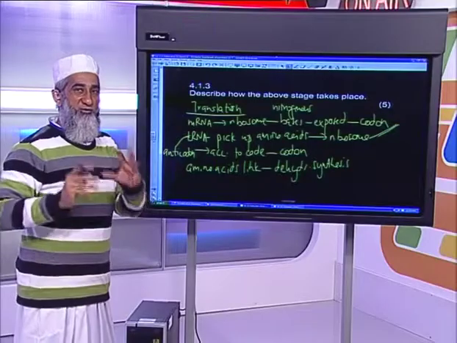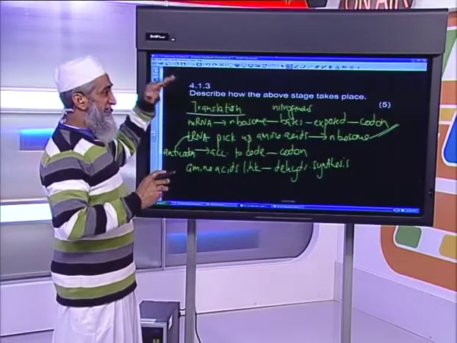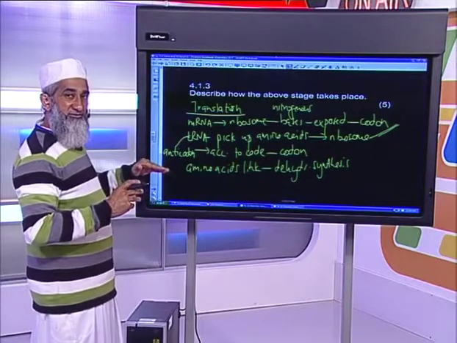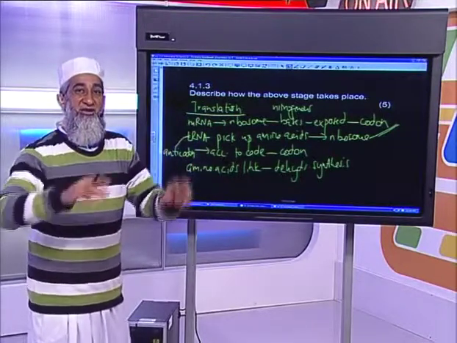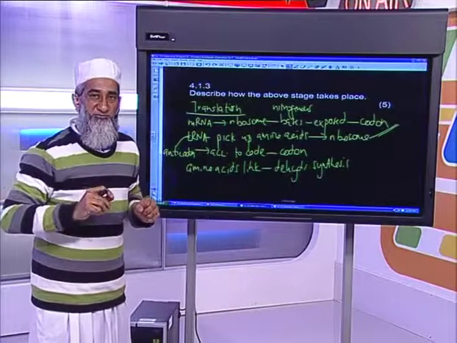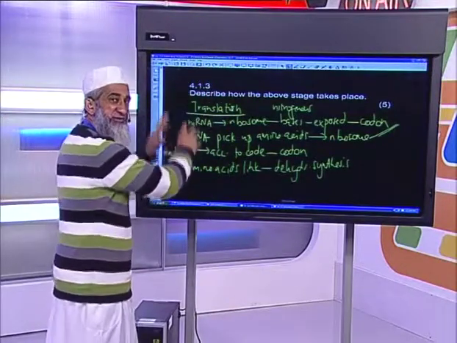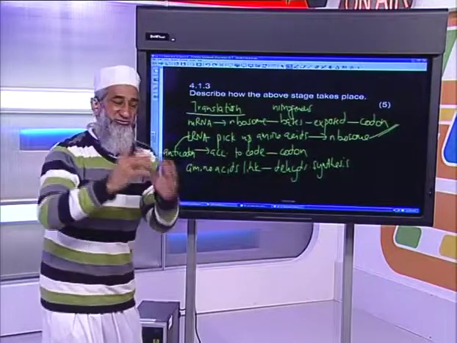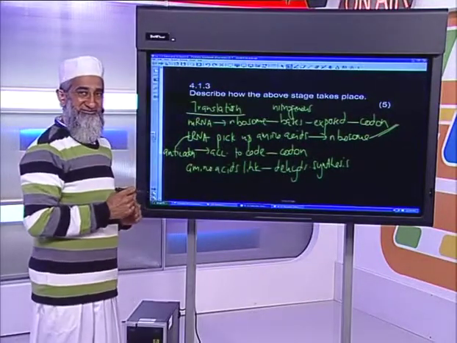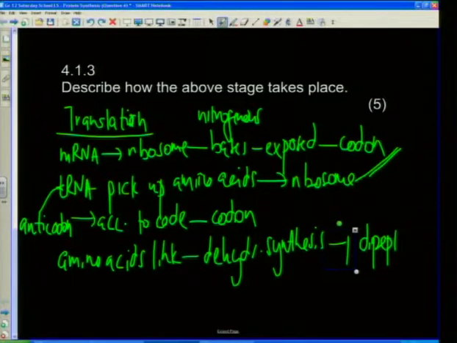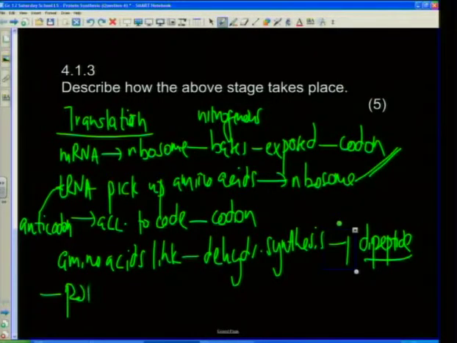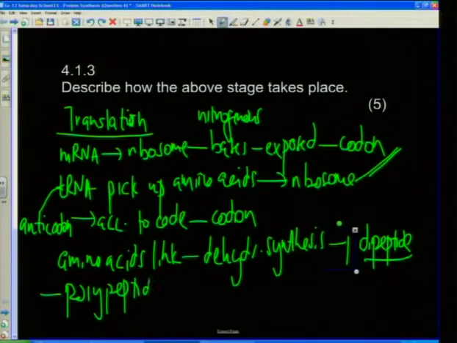Are you with me, Samuel and Bono? I'm hoping you're with me as I'm giving it to you one step at a time. The first step being the messenger RNA that attaches to the ribosome. The second step being the transfer RNA picking up these amino acids all over the cytoplasm and bringing them to the ribosome. When these amino acids are next to each other, they link up by dehydration synthesis and form a dipeptide, I would say first, and the peptide links make polypeptides, and eventually they will make proteins.